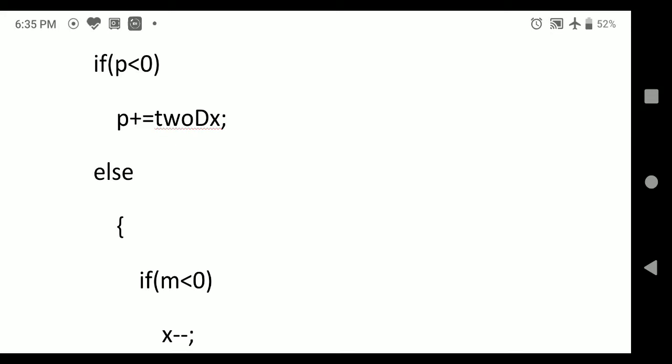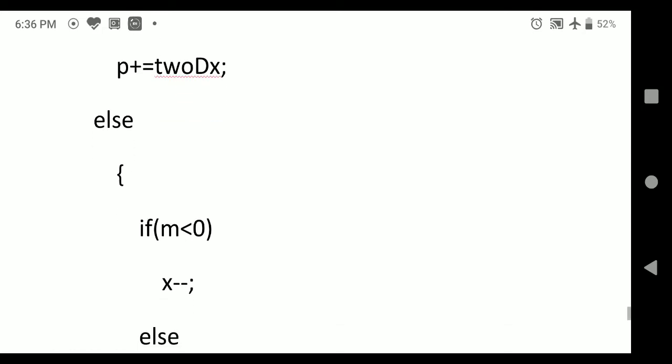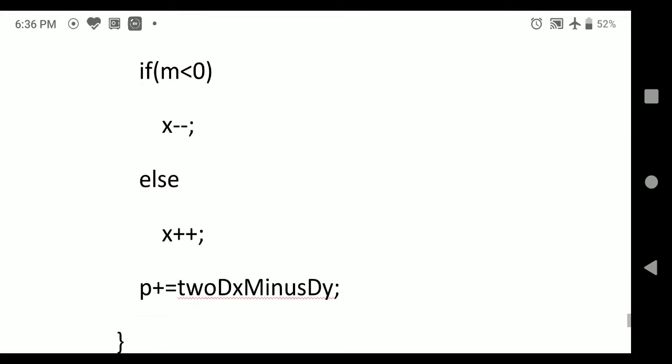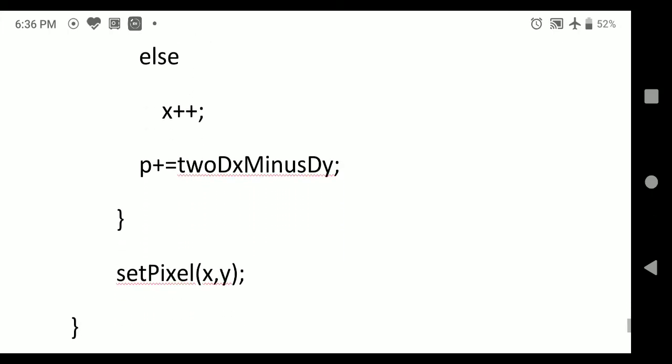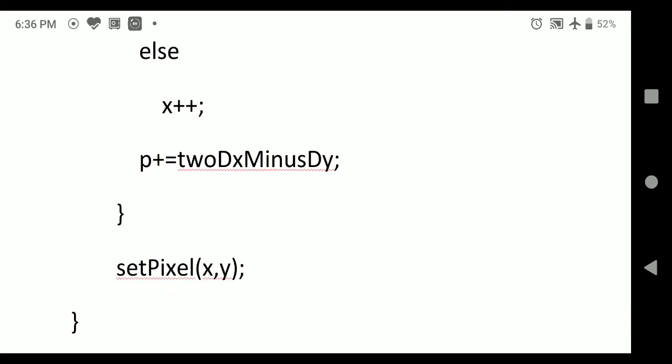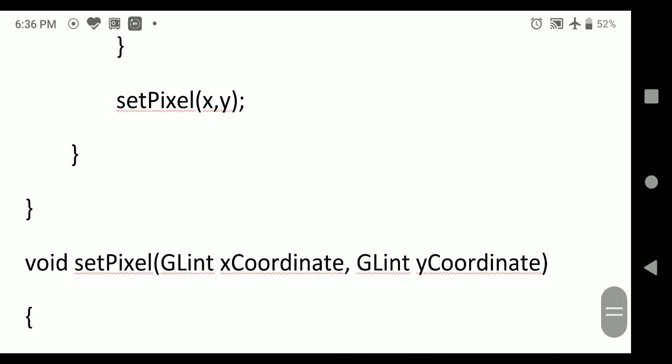So in this case, if p is less than 0, p is incremented with 2 dx, and if it is not, we are going to check whether we have got the slope value less than 0. If it is less than 0, it means that we are going to decrement the x value. If it is not, we are going to increment the x value, and wherever we are changing the x value, we have the increment to p to be done as 2 dx minus dy, and then set that particular pixel.